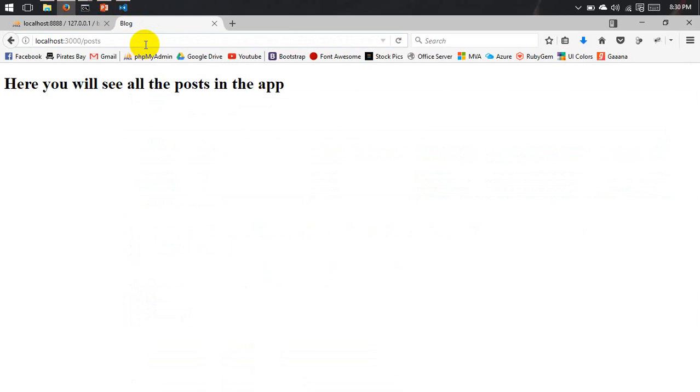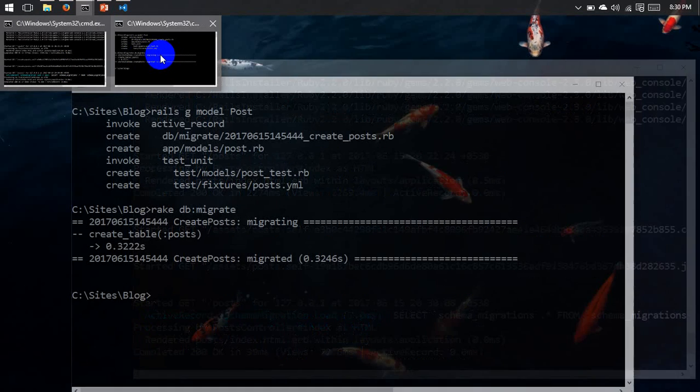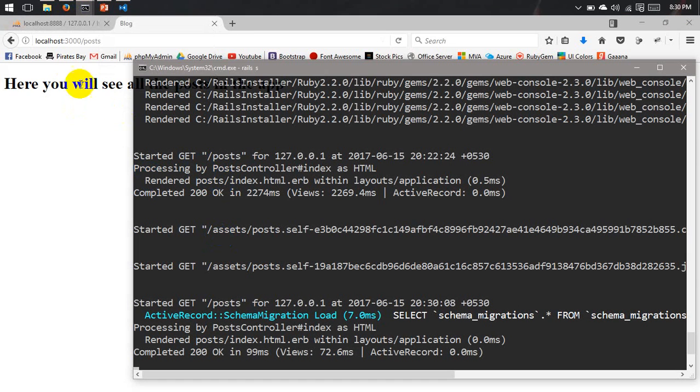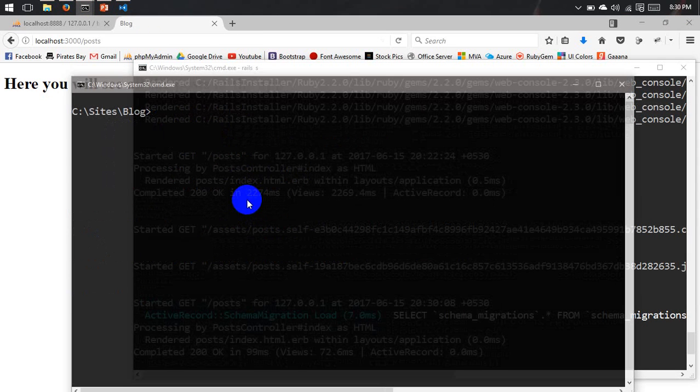For understanding those models, we're gonna use something called the interactive Ruby terminal, right? So if we go to the terminal and type in IRB, this is nothing but an interactive Ruby terminal where you can type in Ruby commands and play with it and understand Ruby better. But we are not going to use this IRB directly, because this IRB does not have the classes and controllers which you have created in our Rails app. So what we need is to load all the class definitions and the controller definitions which you have defined in the Rails application. How do we do it? We can do it simply using this command,